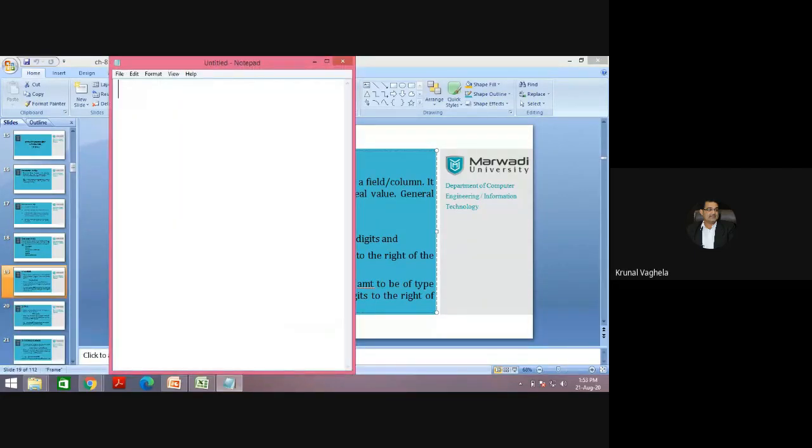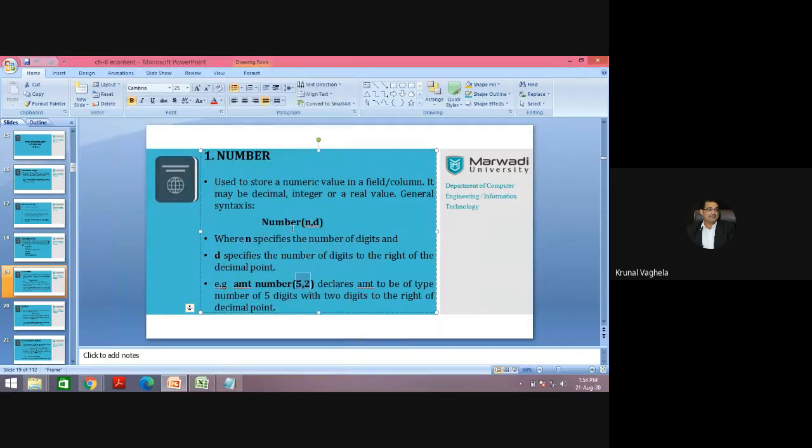When you create a table and specify number 5, 2, the total length of your data in terms of characters is 5, and out of that, 2 is the precision length. Here N specifies the number of digits and D specifies the number of digits to the right of the decimal point.